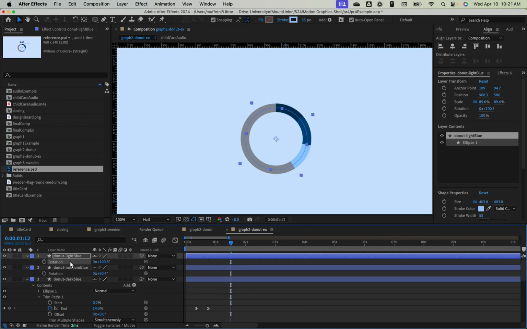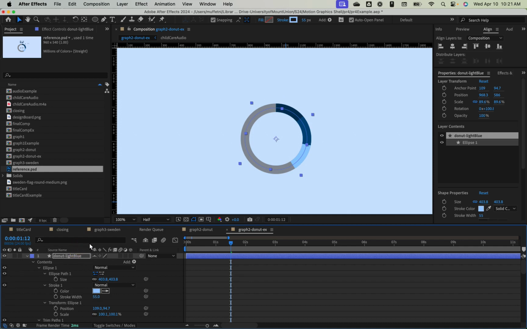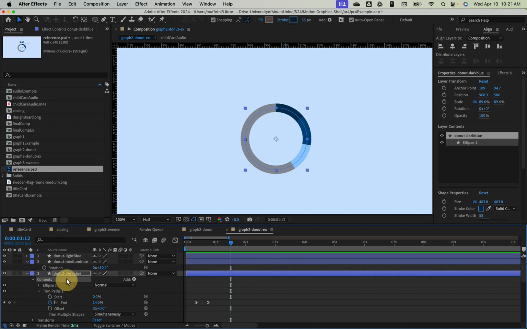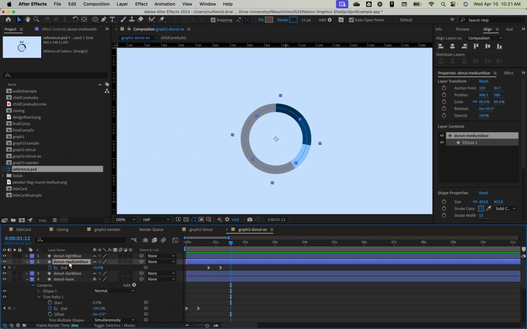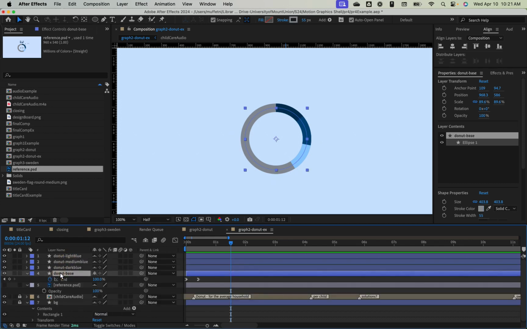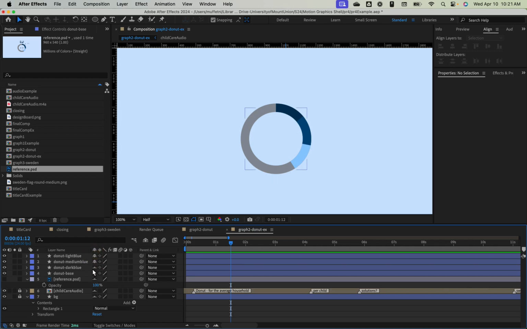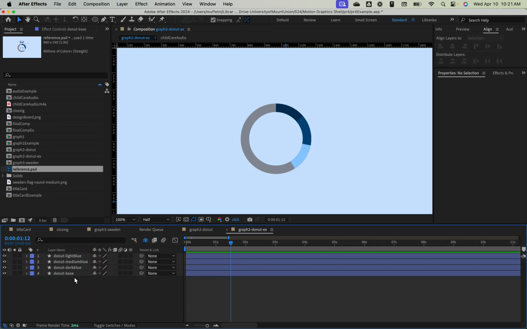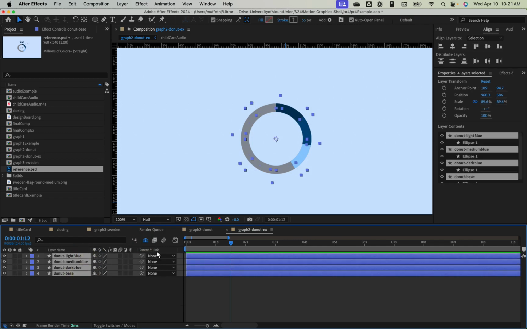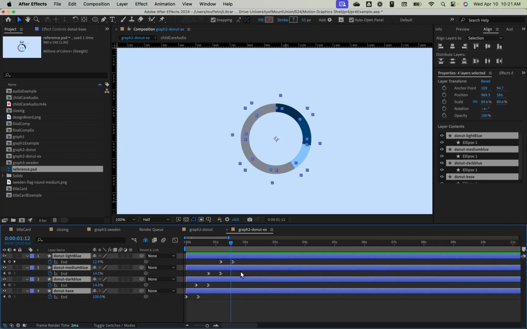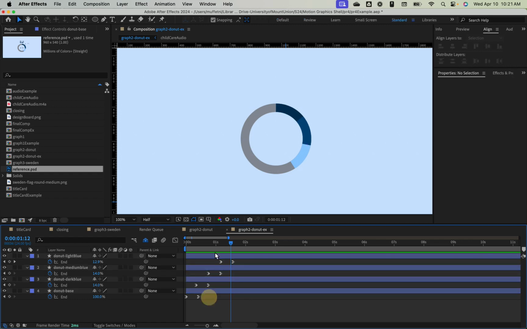So now I'm hitting U on my keyboard just to clean up what I'm looking at here to only what I have keyframes on. I'm going to go ahead and unshy those charts we're working with and kind of hide everything else. And then I'm going to select those and hit U so that we can take a look at all of these keyframes at once. So we have the base chart growing on over here, and I think right when that gets to the end,